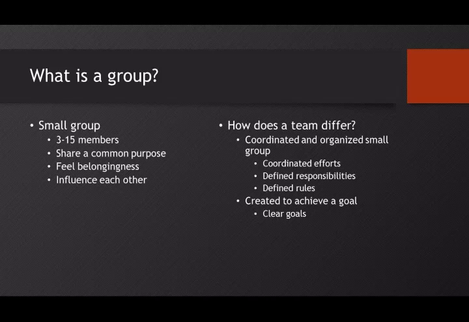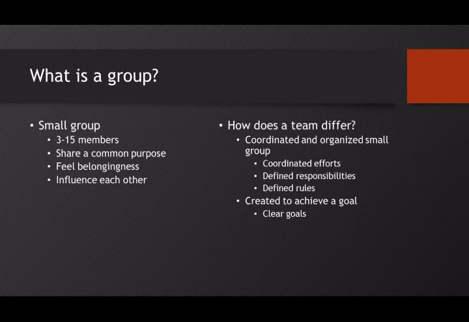There's oftentimes defined rules in teams as well, especially in formal organizations. There's oftentimes written rules which group members should follow. So specific behaviors that they're expected to do and abide by. With a really defined goal or clear goals, there's always going to be clear steps to achieving those goals as well. So all team members are usually aware of the specific goal that needs to be achieved and the steps that they need to take in order to achieve that goal.